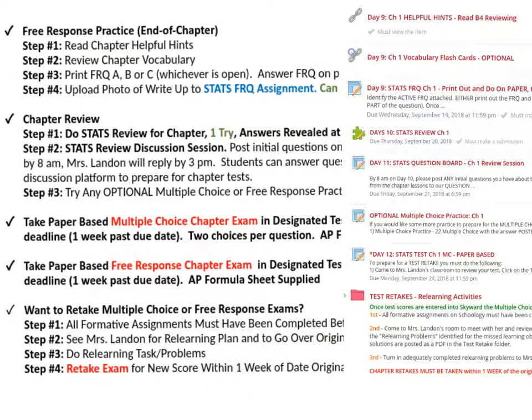Now after all the learning is done, we're going to go into this review mode. We start off with a day of another free response practice. On here, step 1, I'm going to have a document of helpful hints for the chapter. Please read these hints. They're going to help you to prepare for the test and to really think about this free response. The chapter vocabulary is not as important, but it's a nice optional thing to take a look at